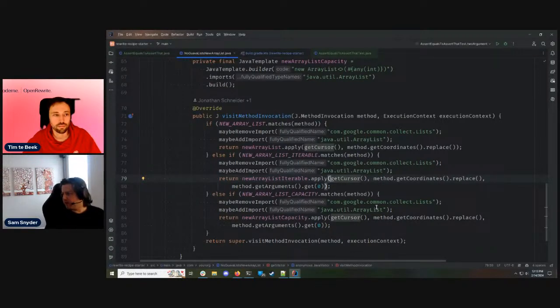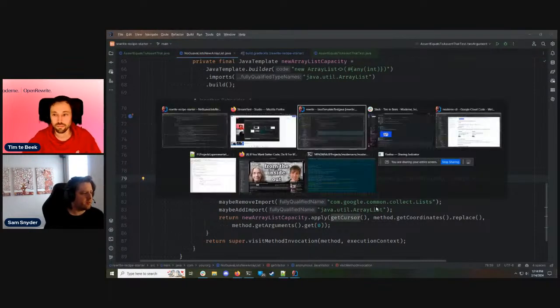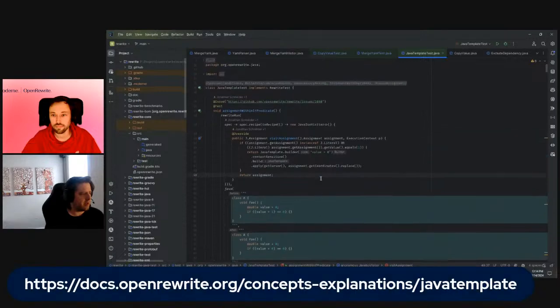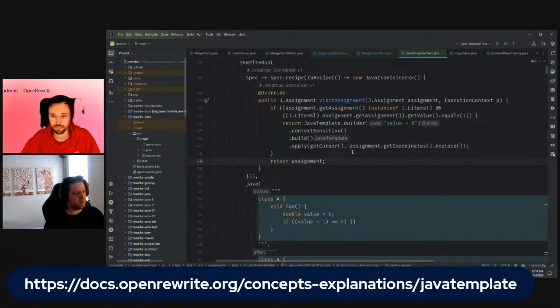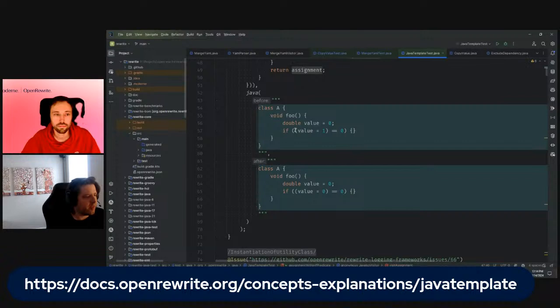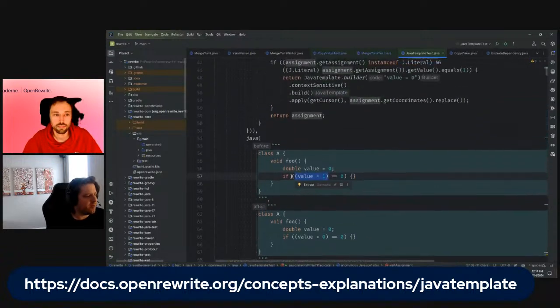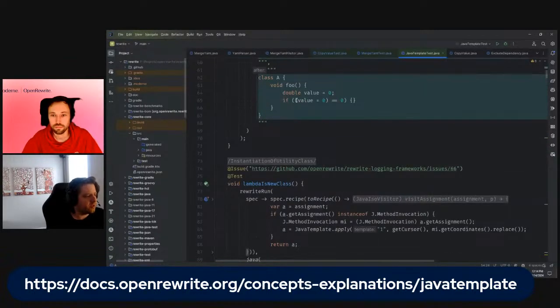But I thought we would discuss a little bit about how that works, how to debug or understand what's going on under the hood when you may run into problems, and also just get a broader sense of what is possible. So today I thought we would look through some of the JavaTemplate tests, and this is in the main rewrite repository where we exercise a whole variety of scenarios with JavaTemplate, doing different kinds of replacements, replacing different things. Like this one is replacing an assignment inside of a conditional's Boolean expression,